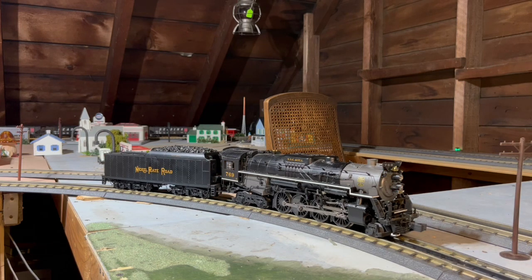Alright, taking spot number 2 is Nickel Plate Road's Berkshires. Now this is going to be a 2-for-1 special here because you have Nickel Plate Road 759 and Nickel Plate Road 765. The Nickel Plate Road 759,